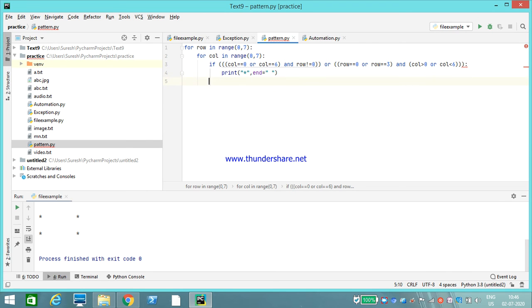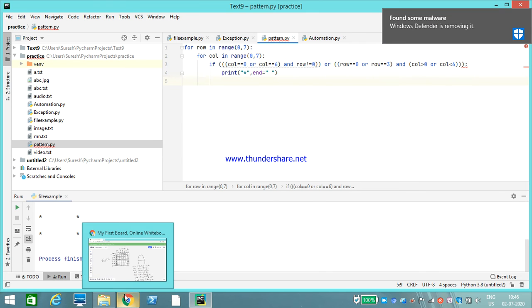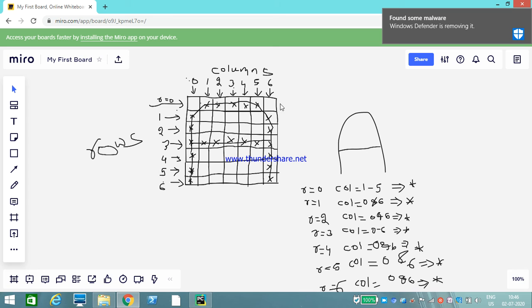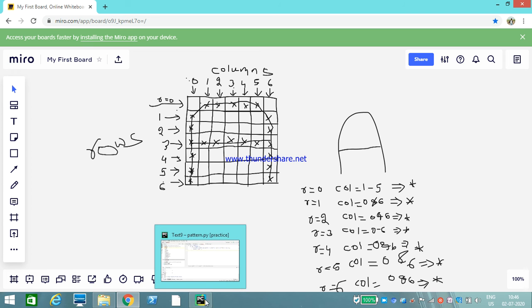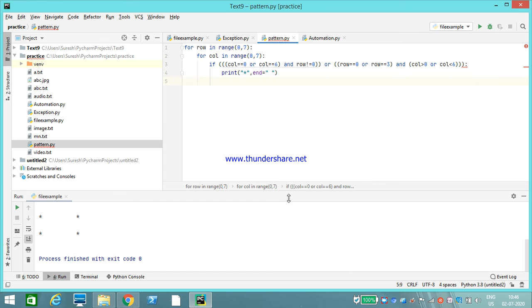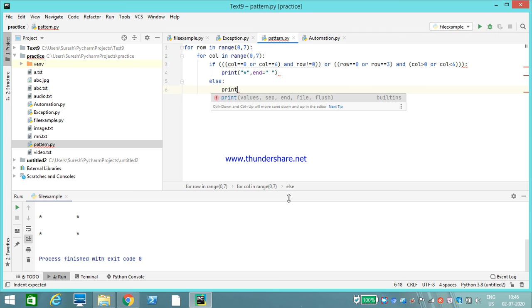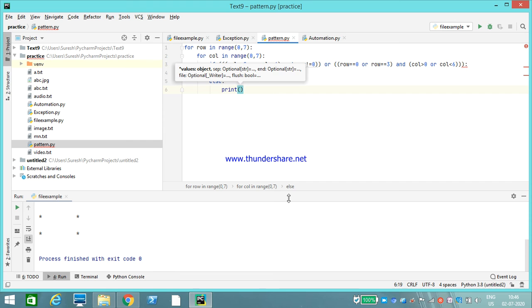What if it is something other than these? We need to print space other than these conditional characters. To print stars, else we need to print space. So in the else statement, we need to print space.